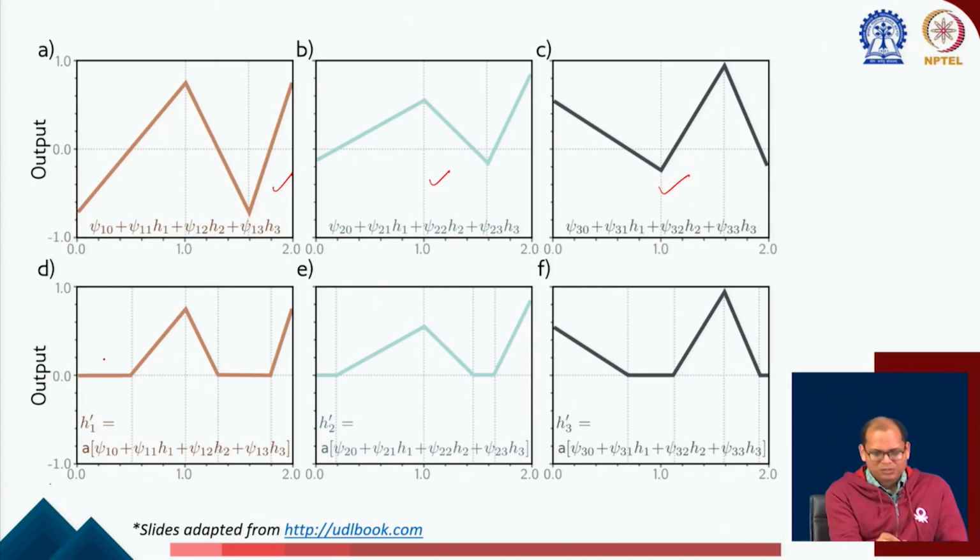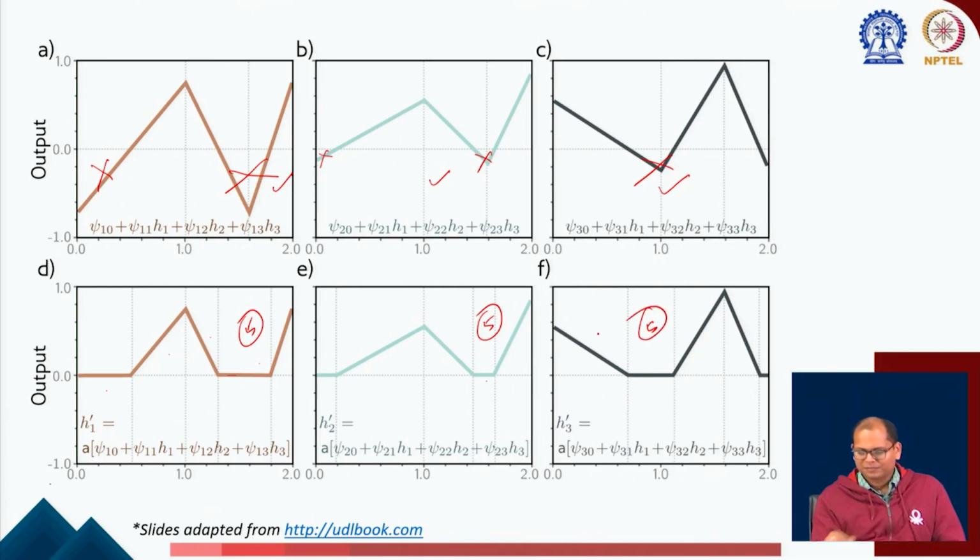So I apply ReLU, so that means the negative part will go away, and this will be converted to 0. Same here and same here. And you see now you have got quite a few regions, 5 regions here, 5 here,